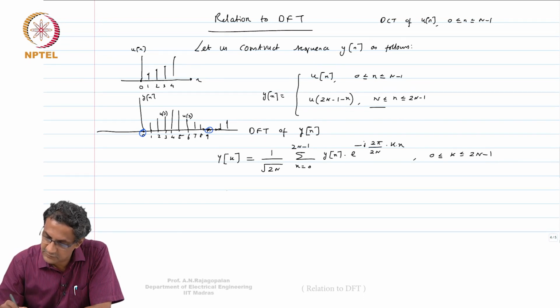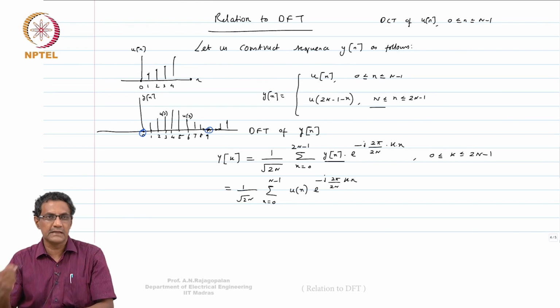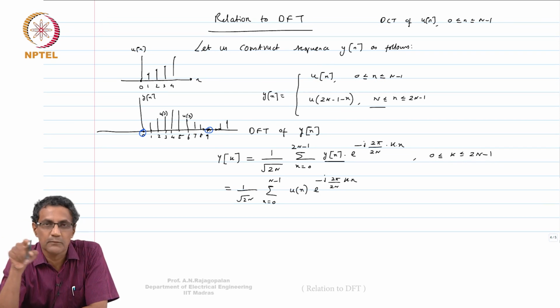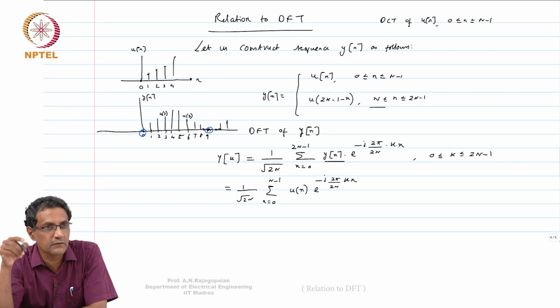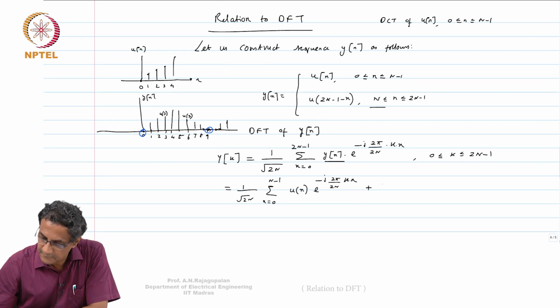Okay, now let's split this as 1 by root 2n, summation n equals 0 to n minus 1, and for that, yn is un e power minus j 2 pi by 2n. In a hurry, we will not try to cancel this 2n. Don't be in a hurry to cancel it off, because you need that 2n when you look at that cos, in the bottom it has a 2n. So that is why we don't knock off this 2n. We keep it, we carry it along with us, plus then 1 by root 2n